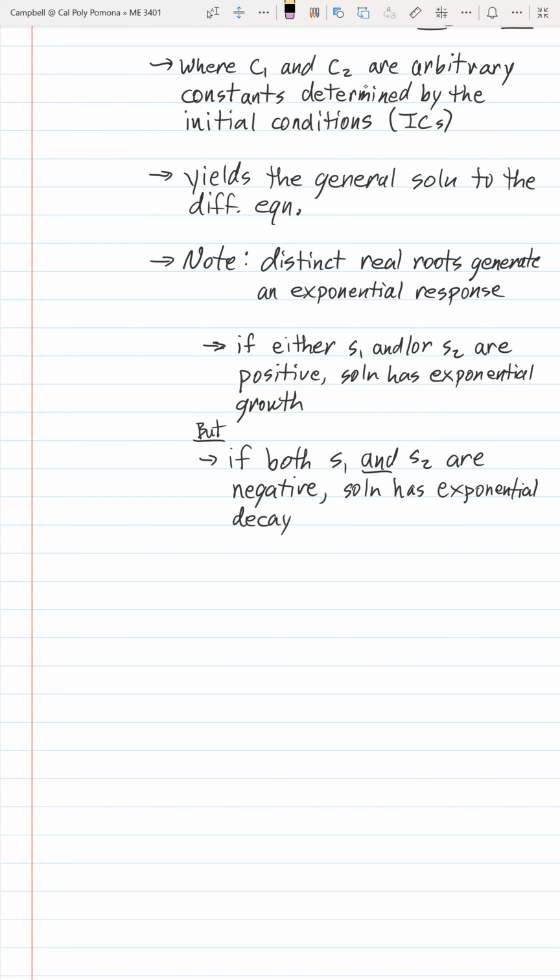When you get into controls, and I might even use it more than once in this class, you have what's called a bounded input, and that bounded input will be associated with our non-homogeneous cases. When we have a bounded input, but we get an unbounded output, where exponential growth is clearly an unbounded output, we will call those types of systems unstable systems that yield that kind of unbounded output